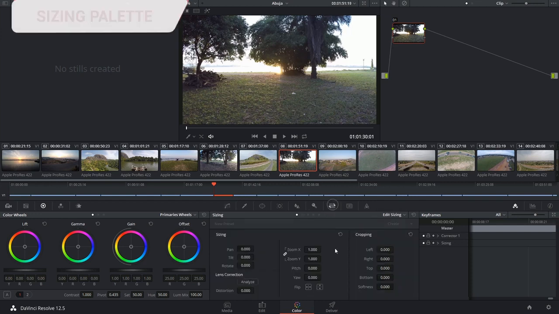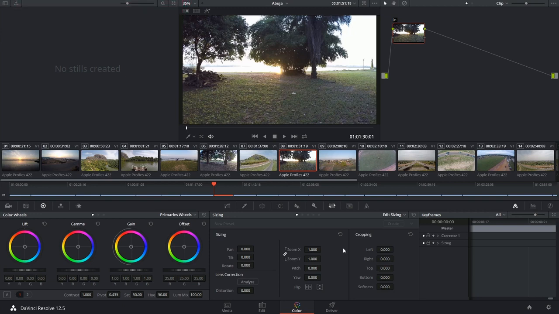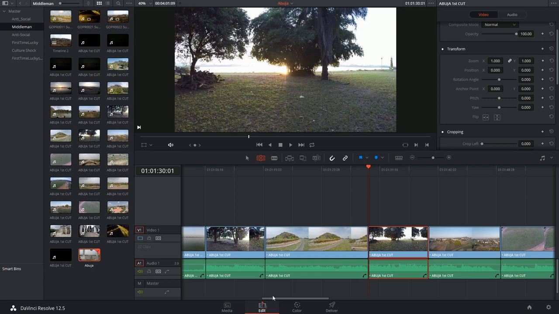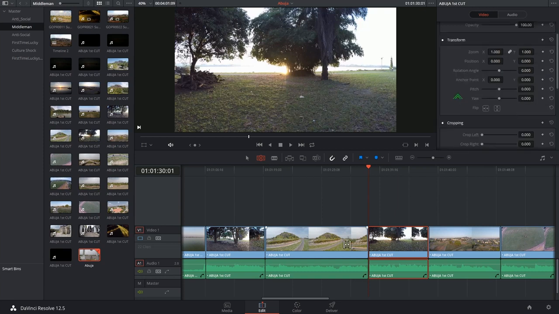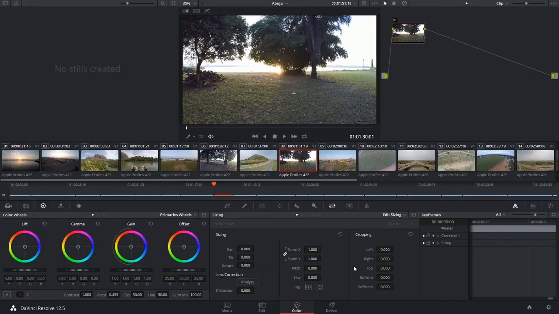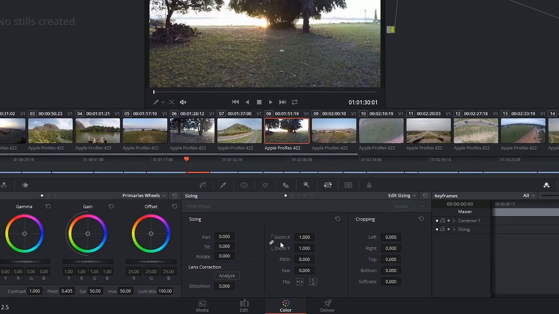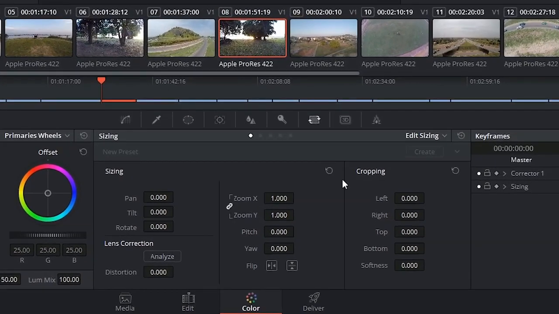Today we're looking at the sizing palette on the color page of DaVinci Resolve. If you've been watching the preceding videos, most of the controls will already be familiar to you as a result of working in the edit page, and more specifically the inspector. So here where we have our transform and cropping controls, you'll see them reflected in the three columns that you're presented with. On top of the usual controls, you'll also now be able to indicate on what level you're affecting